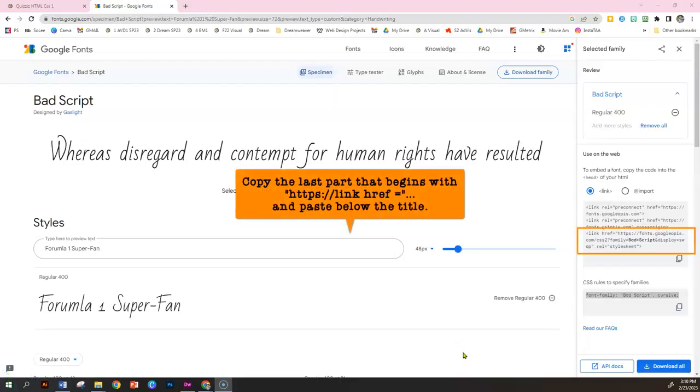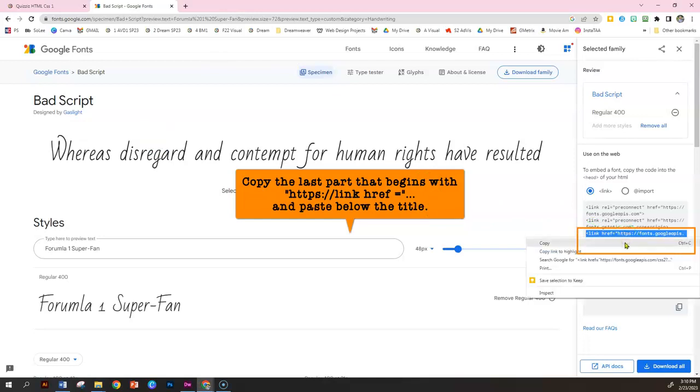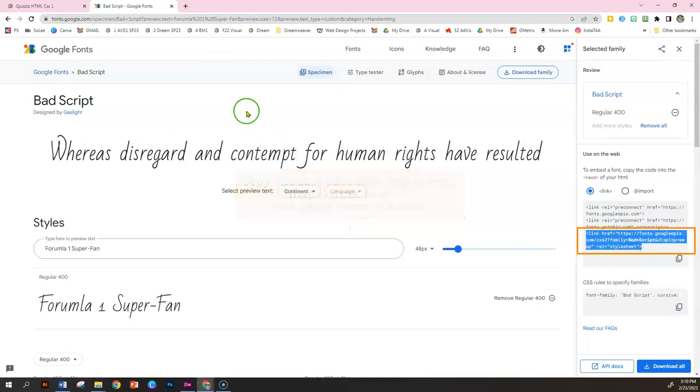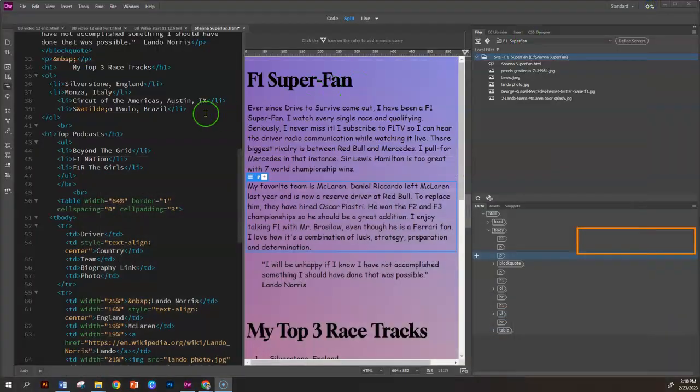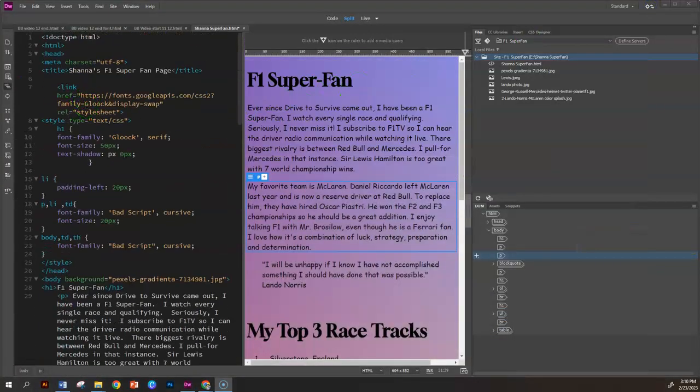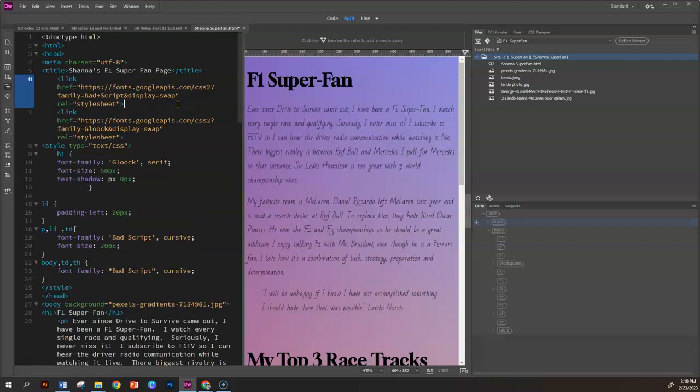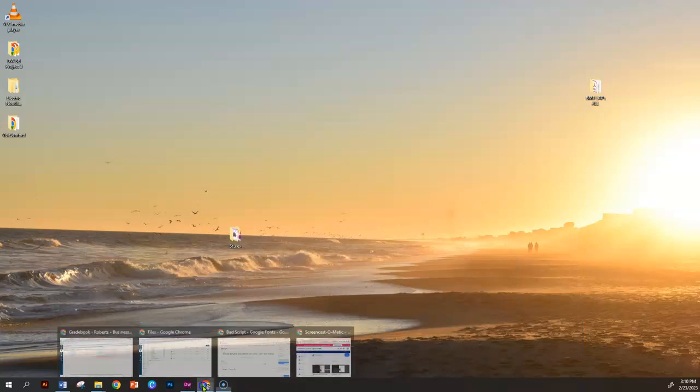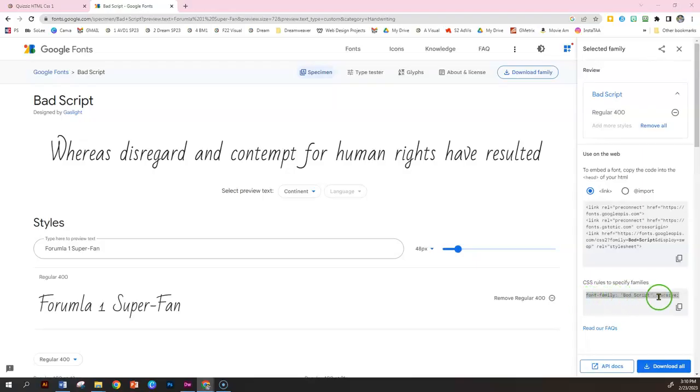Next, I want to use a Google font. I'm going to use Bad Script. Step 1 is to copy this last link here. Copy. And remember, this part we are going to paste in the heading section. So this does not go in the style part. Then my next step is to copy my font family,